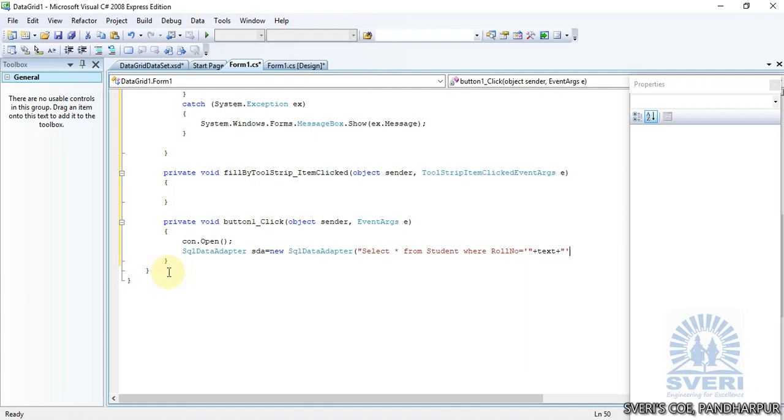So we have not added the text box, so directly select star from student only and pass the connection class object. So we have to load all the values. We are not searching for a value, so we just have to load all the values from the table student. Select star from student and the connection class object as con, pass it to the SQL data adapter class,